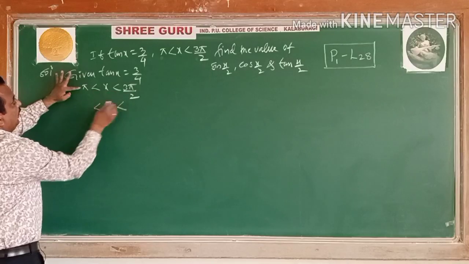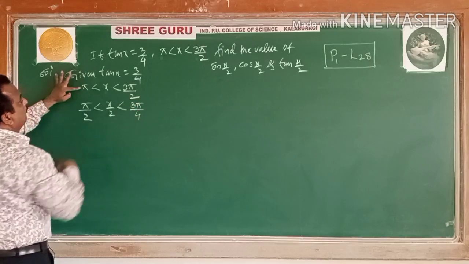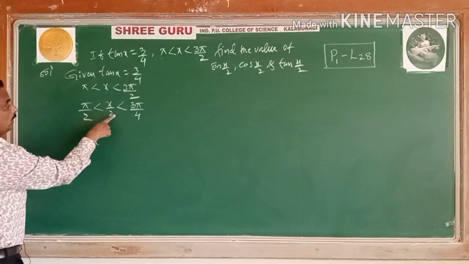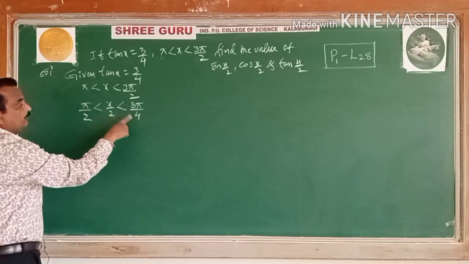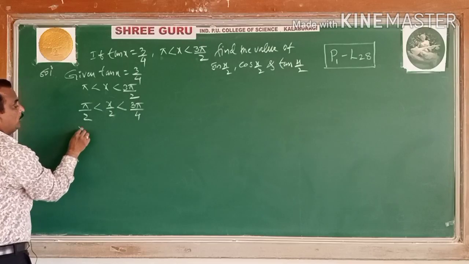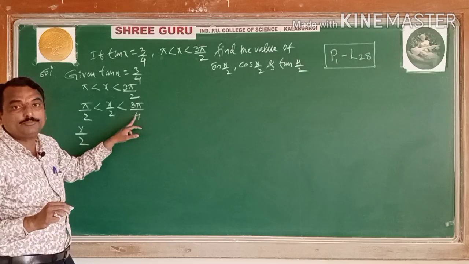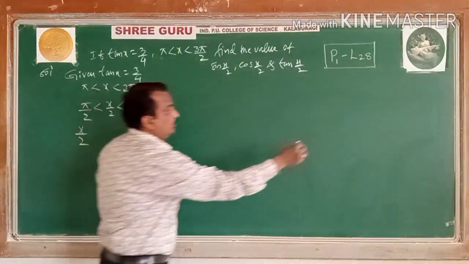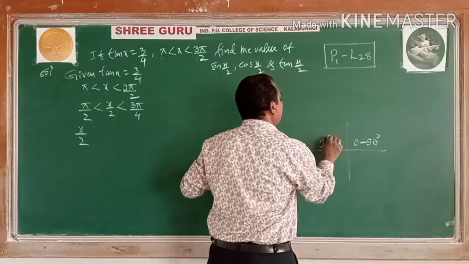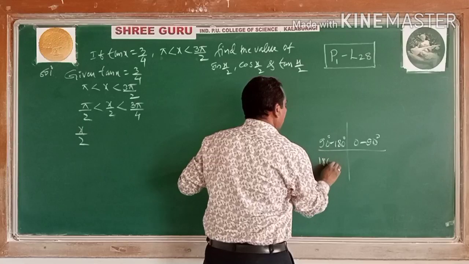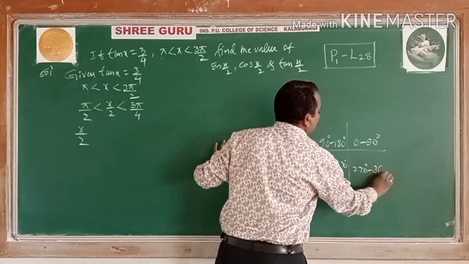So you have to make half for this inequality, 3 pi by 2 becomes 3 pi by 4, pi becomes pi by 2. It means more than 90, less than 135 degree. So this x by 2 angle, where does it lie? More than 90 and less than 135 degree means it is in the second quadrant. You know the quadrants very well. 0 to 90 here, 90 to 180 here, 180 to 270, we have studied in detail, 270 to 360.